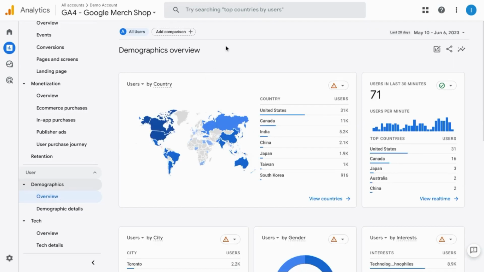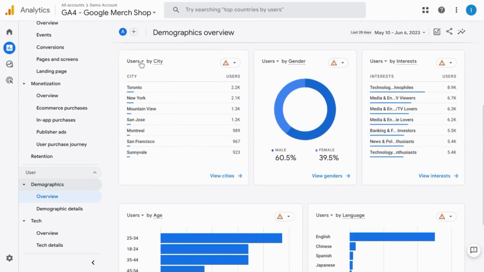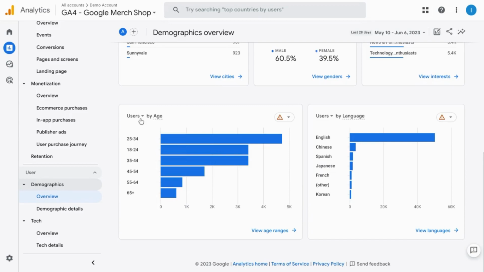In the demographics overview, we have a geo map that shows us the number of users by country. You can change the users metric to new users or returning users. There's a real-time report, and then there's a data table for users by city, users by gender, male and female, users by interests, according to data that Google has collected across its platforms and various data sources, users by age,